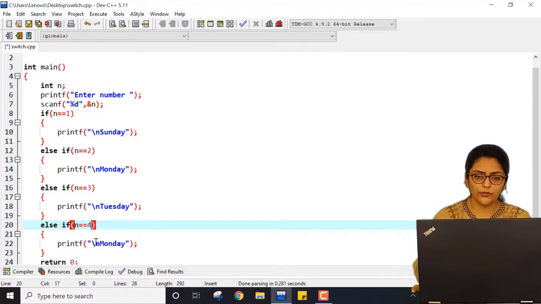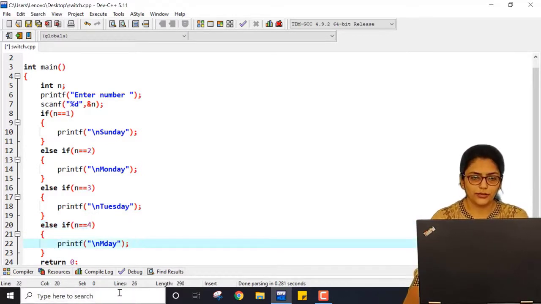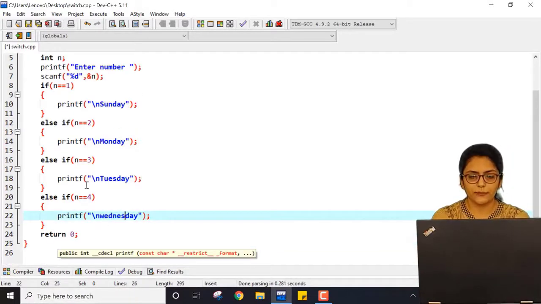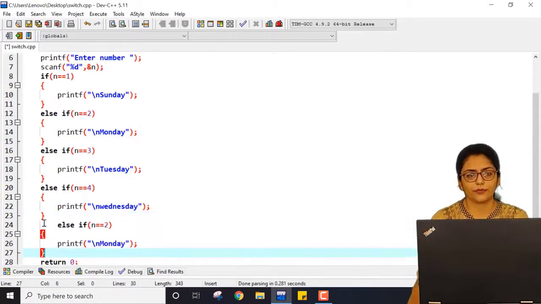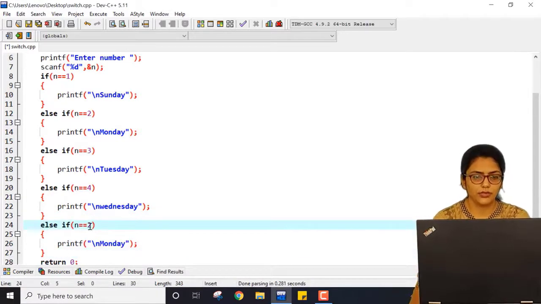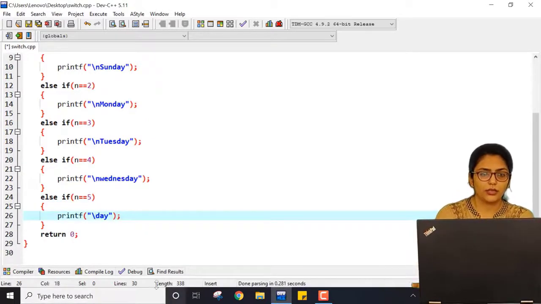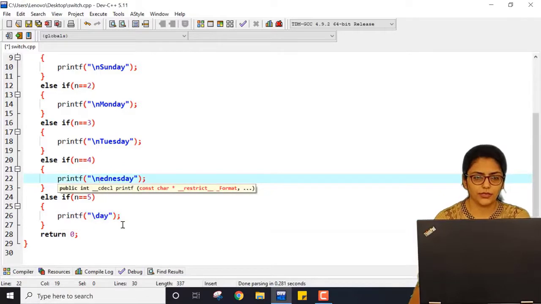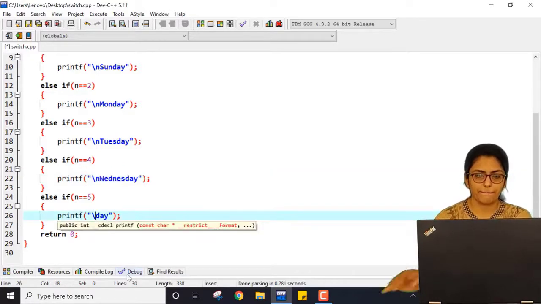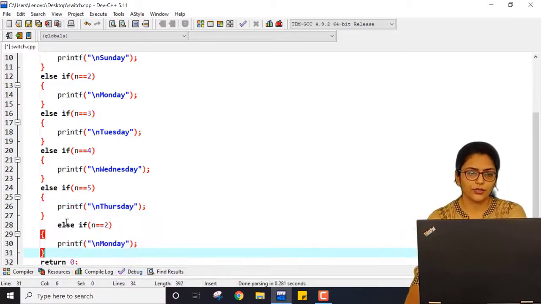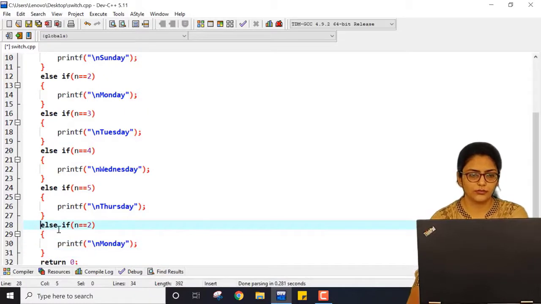If n equal to 4, then this should be Wednesday. You can skip or fast forward this because I'm just coding. Then Thursday, right? And then after that,